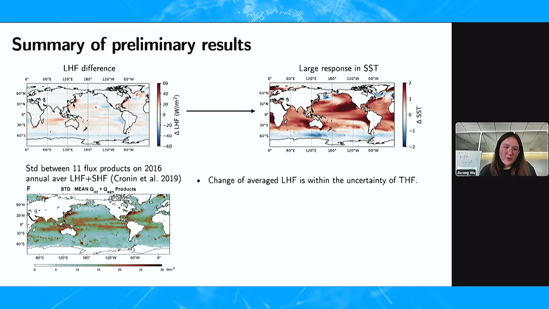And except for regions outside the boundary currents, I think this is on the order of 10 to 20 watts per meter squared, and same for the online implementation. So this is generally within the uncertainty we have of turbulent heat fluxes, but it generated a very large response in SST